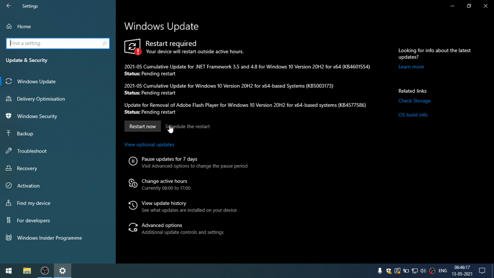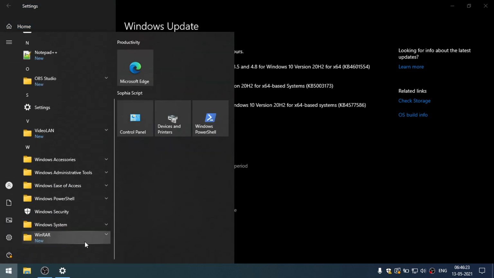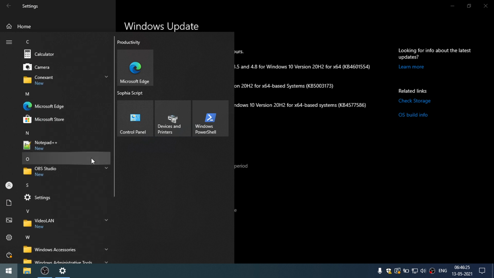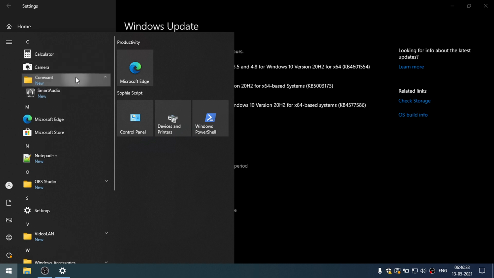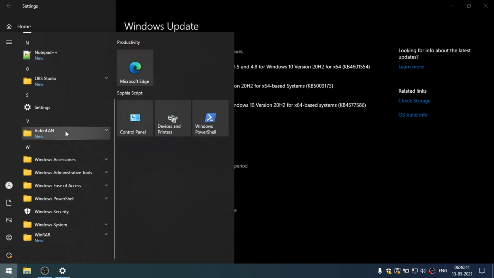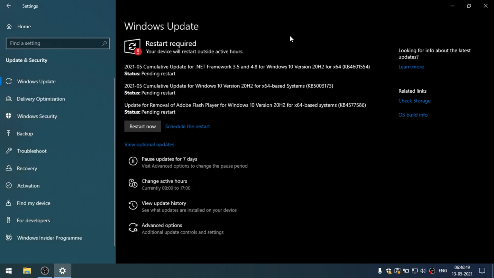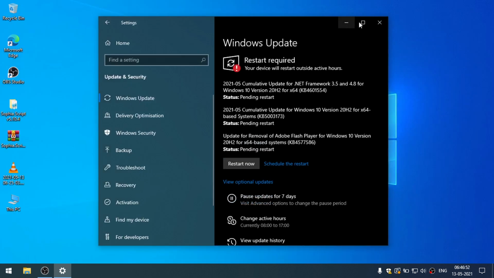When you restart your PC, you will get every bloatware removed from here. As you can see, all the bloatwares are removed. I just have some few softwares which I installed, like I left two softwares like calculator and camera, and other than that I have this audio software, audio driver, which is getting installed from Windows Update. Next thing, I installed Notepad, I installed OBS, I installed VLC player and WinRAR. That's it. I just keep these softwares and I removed everything from here. Now this is the last thing. Just close this and restart your PC and close this.